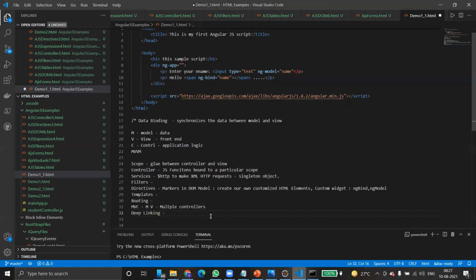Linking can be done using AngularJS. So these are the various components of AngularJS: data binding, providers, validators, directives, controllers, modules, services, filters, and scope.